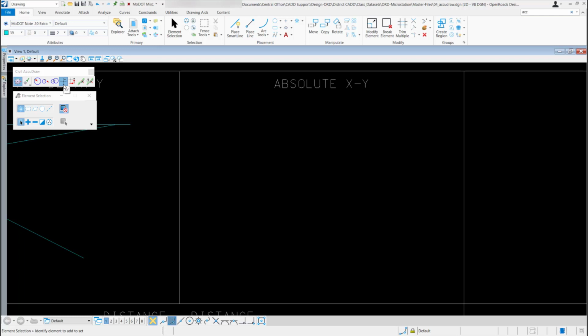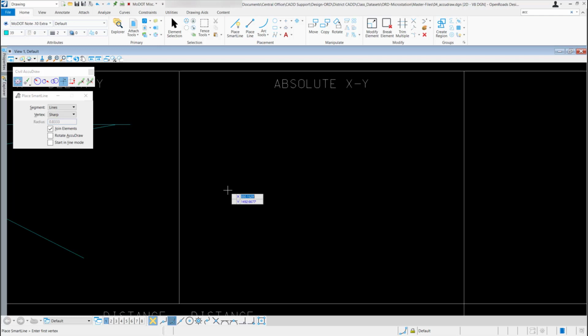It's called XY. I'm just going to come out here and select the Place Smart Line tool, and you'll notice when I come out to my drawing area, when I move my cursor around, my X and Y values will change based on where I'm at in the drawing. So if I knew my coordinates from point A to point B, I could use this option to draw a line or place a cell or do whatever I need to do.